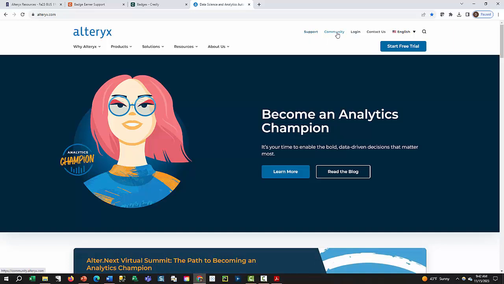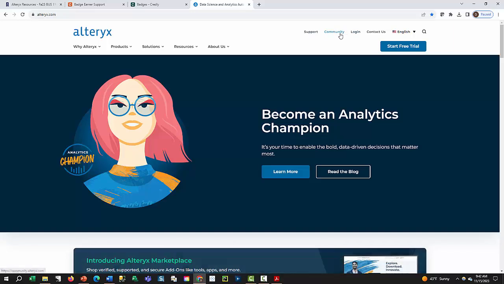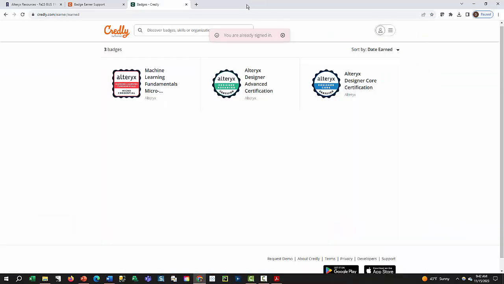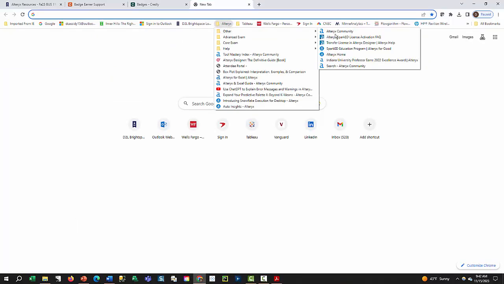Okay, here's this thing called Community. You can get to this stuff a lot of different ways. Notice how important it is, though. It's right up here in a toolbar, but I have it saved in a different way. I go Alteryx Other, and I'm just going to click this, and